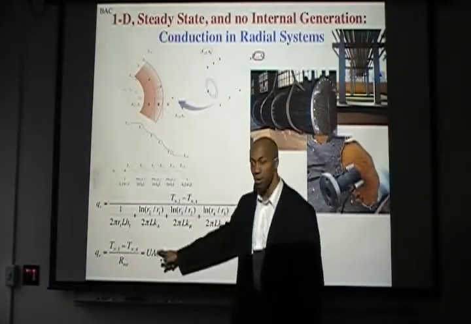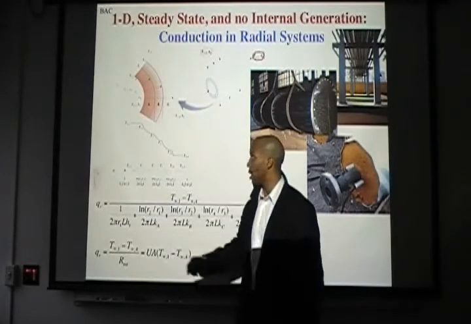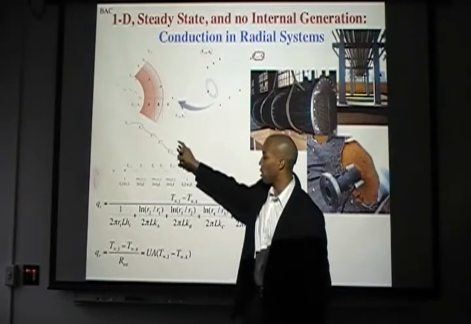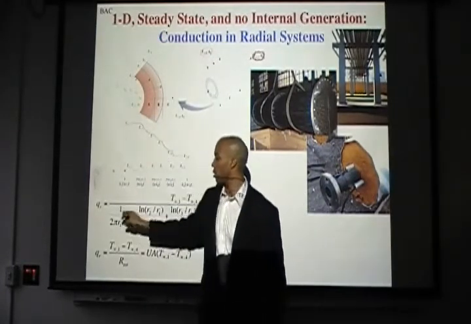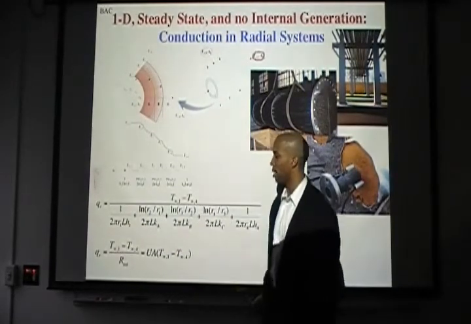So this A here is where we need to be careful, because let's say, for example, we want to use this first area, the area defined by R1